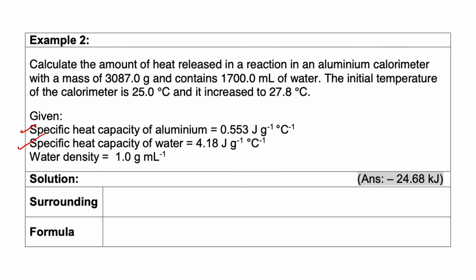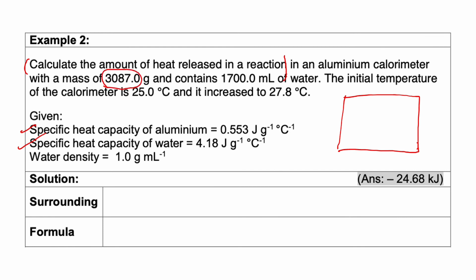So how are we going to solve a question like this? This question does not ask you to calculate the enthalpy change or the heat of formation. No, it only says calculate the amount of heat released in a reaction in an aluminium calorimeter. So maybe you can use your imagination. This is your aluminium calorimeter, and the mass is